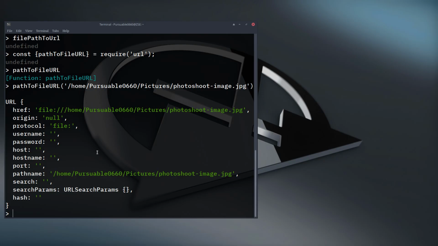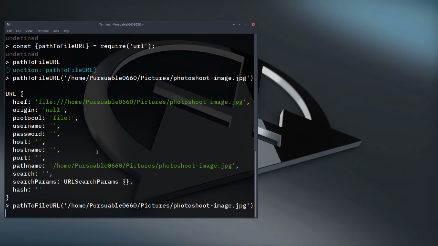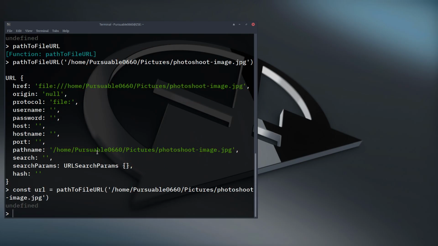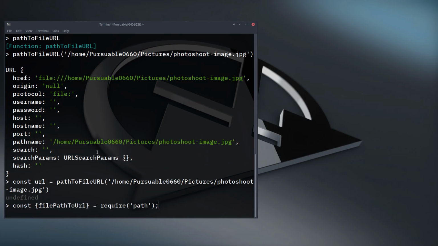So we can try to use this one. Let me see if this is going to work. So I'm going to save that in a variable, sorry. I'm just going to call it URL. And then I can go back and use